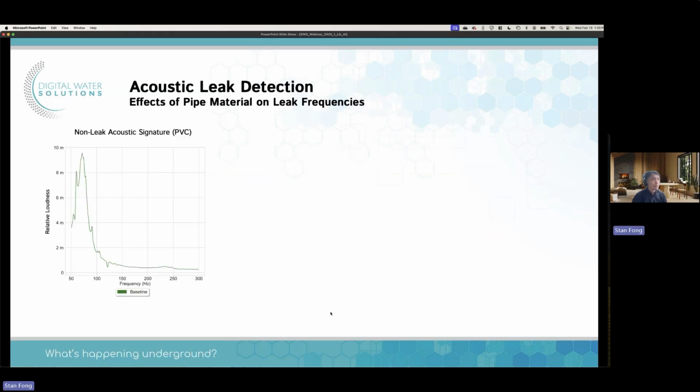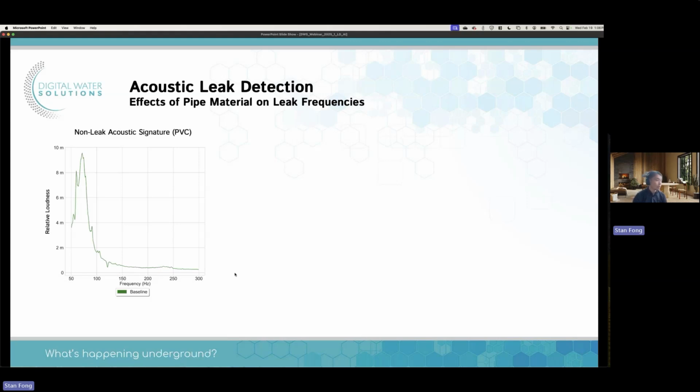So there's a bunch of things that we can use machine learning for to help us with this problem, right? We know that when a leak happens in a system, it's going to emit a certain set of frequencies, and that depends on the pipe material. It depends on the type of leak, the crack geometry. It depends how far you are away from the leak. So we as humans can look at the data, and we can determine if there are some telltale signs or relationships that we can use to identify leaks from just the ambient noise